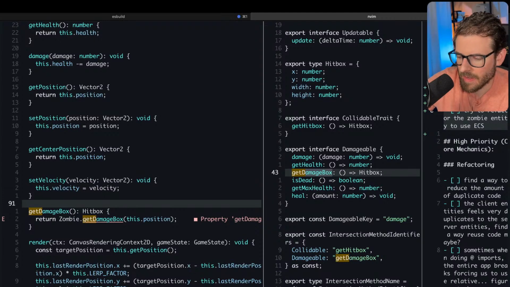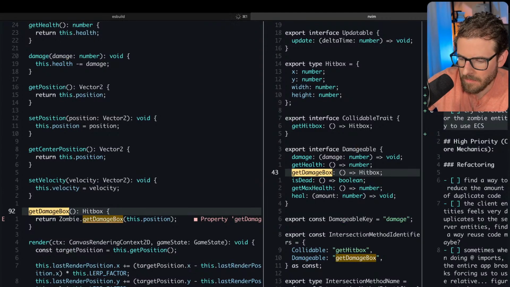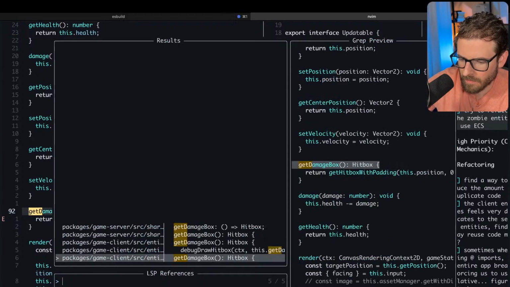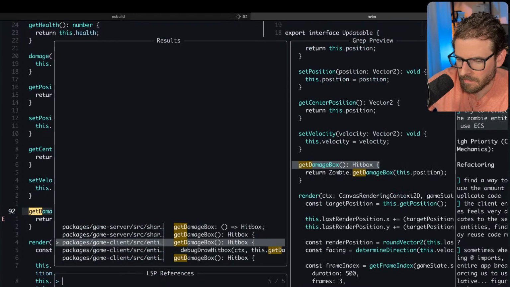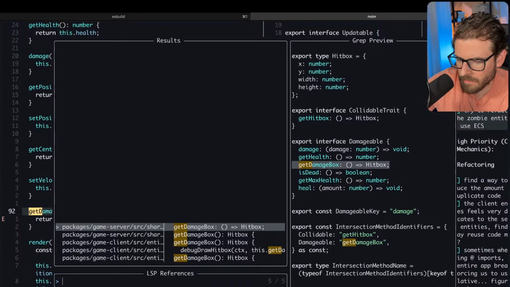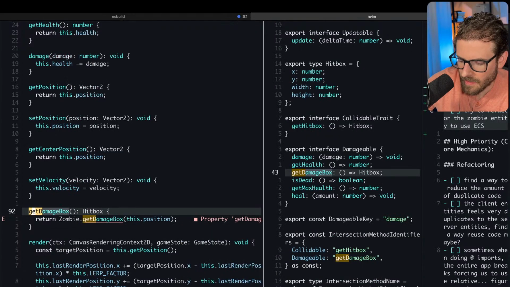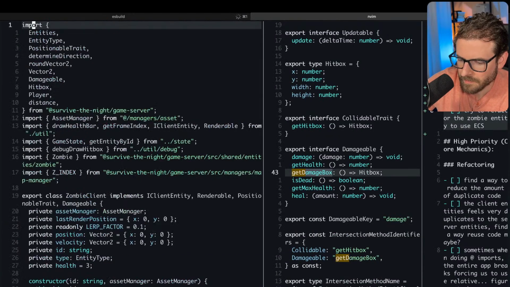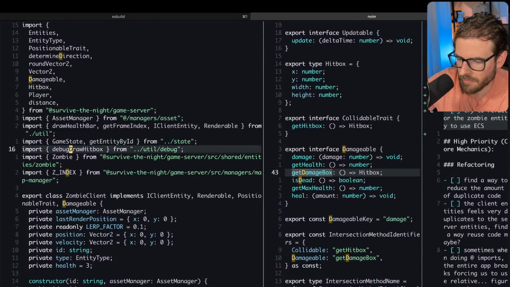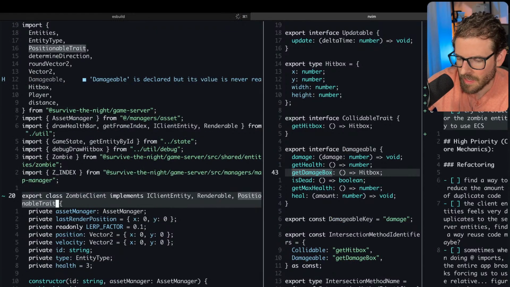And now that I think about it, is this even used? Hitbox with padding. Well, I think the issue is that we removed damageable from this entity. And so now we have all these other things that we'll have to get rid of.